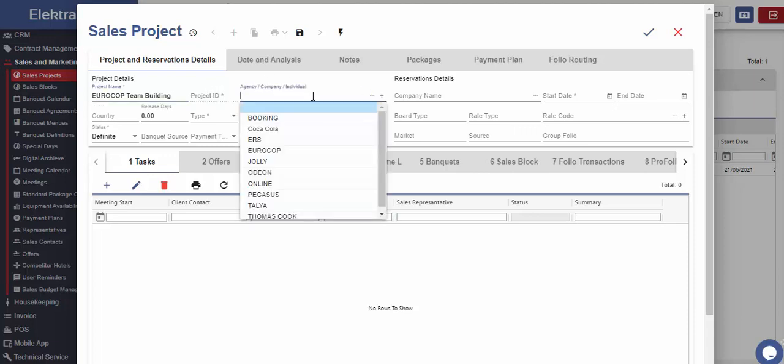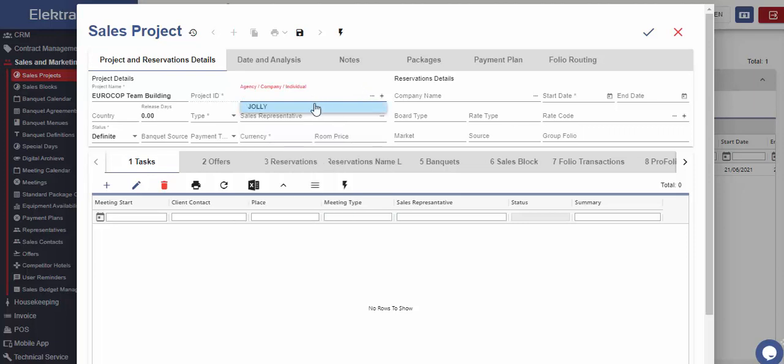In the next field, we should select agency or company. From here we can decide on the name of which agency the reservation will be opened and invoiced. If desired, a new record can also be defined. Those information we entered under default settings inside the agency card, such as room, board, rate type, and similar, will also be displayed here. However, changes can be made to these settings